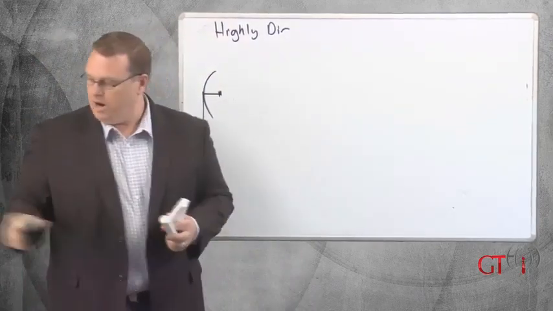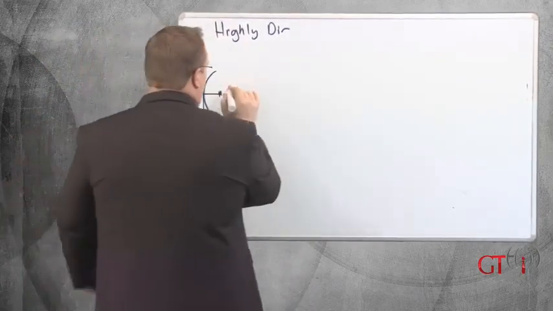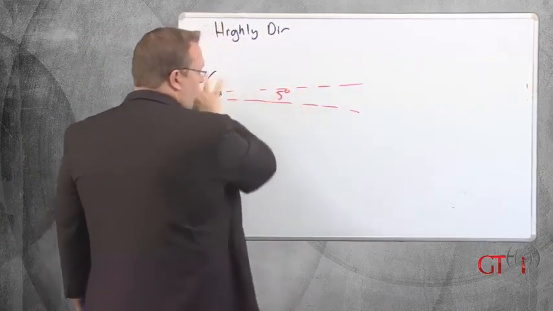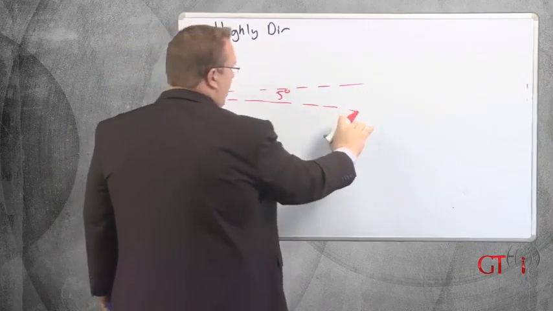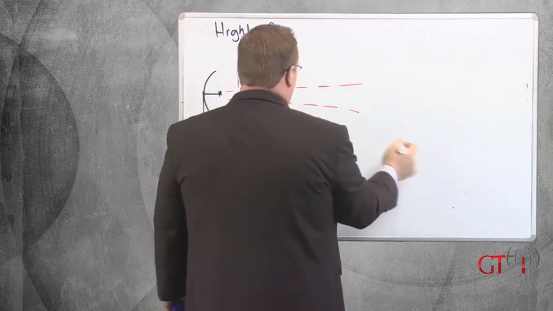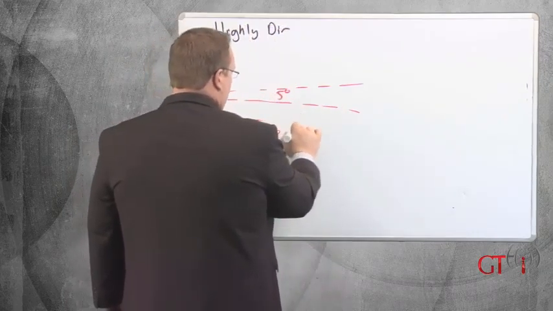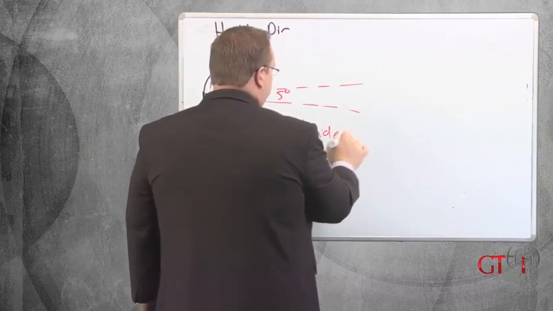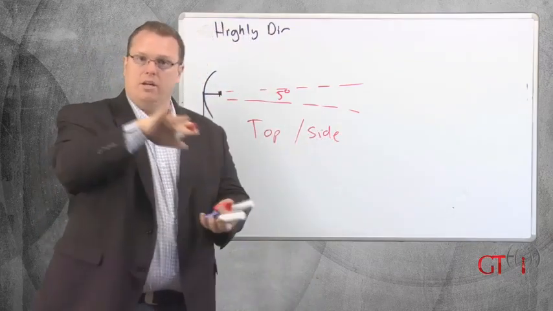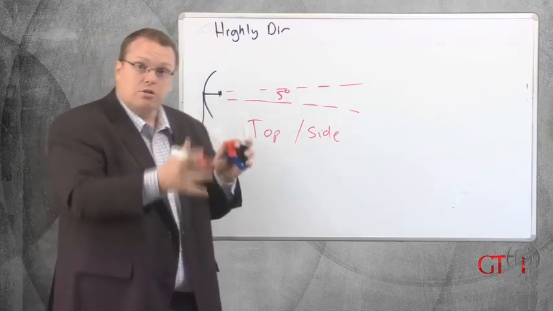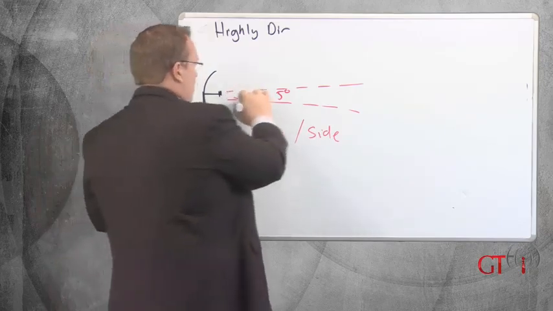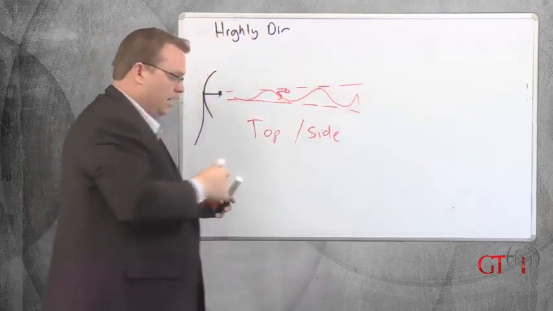Most of the time they are square, and what I mean by that is if my beam pattern looks like this, and let's say this is a 5-degree beam width on the side, the elevation side, on the top, the azimuth side, it may also be 5 degrees. So I could just say, hey, this is almost identical, both top and side, both azimuth and elevation. That's what I call a square antenna. It's the same. Does that mean you can just install it either way? No, remember that polarization thing. We may want the wave to go up and down, or we may want it to go side to side,